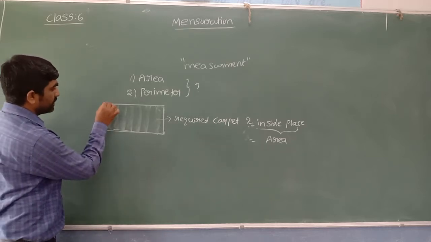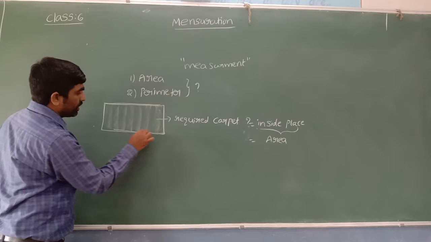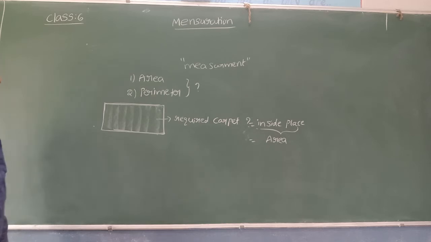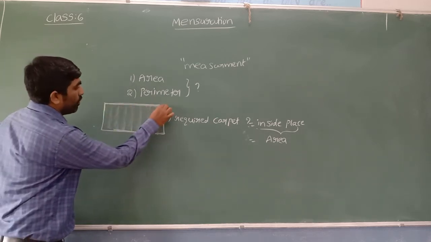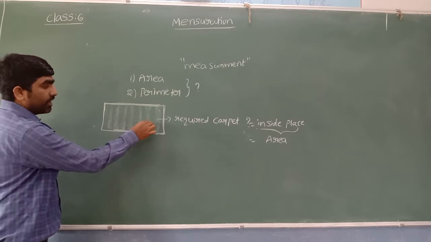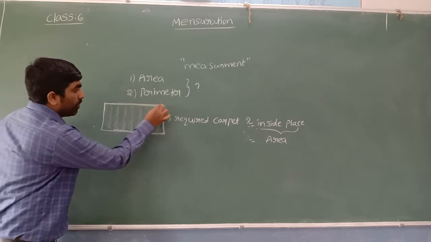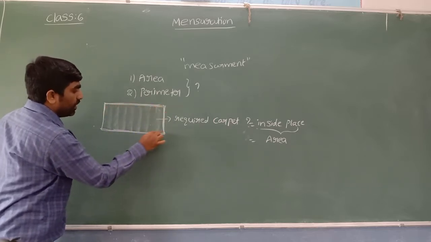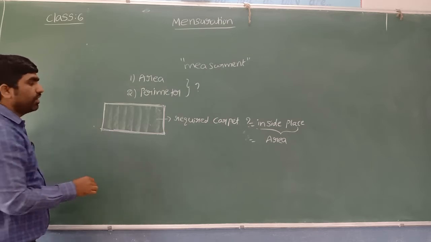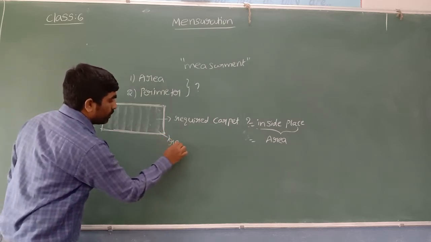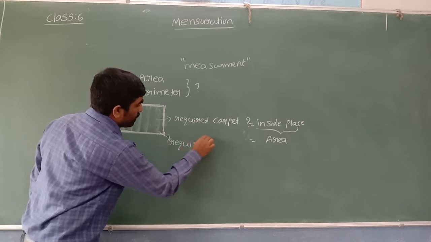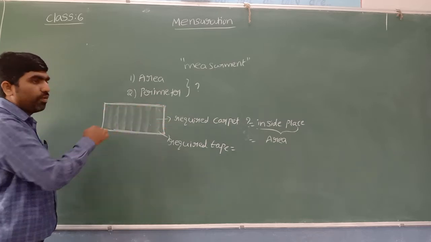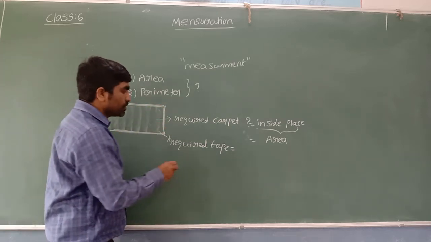Yes, now I covered the floor with carpet. Then I want to cover this boundary with a tape. Now we covered the inside floor with carpet, and I decided to cover the boundary with tape so that the carpet will fit exactly. If I want to know how much tape is required to cover all the boundaries, how can I find it?